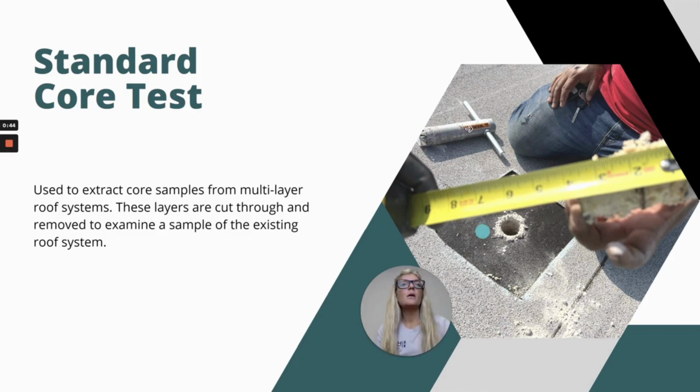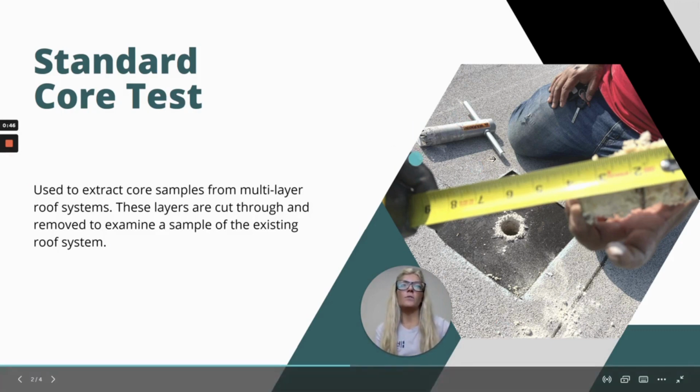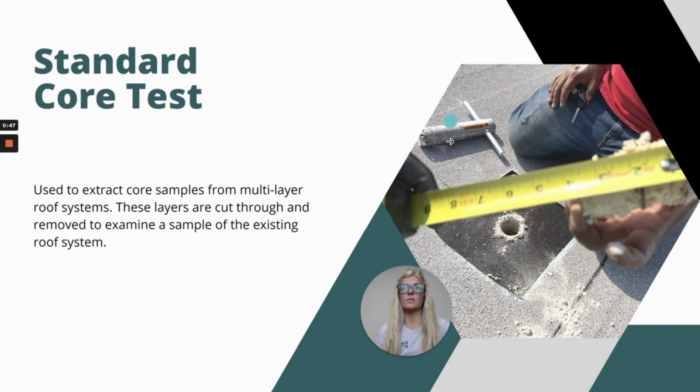So here we have a photo of the extraction tool itself. This is a standard core extraction tool. Here is where the sample was taken from. So you can see we actually cut through the membrane into the substrate, and then this is the core sample